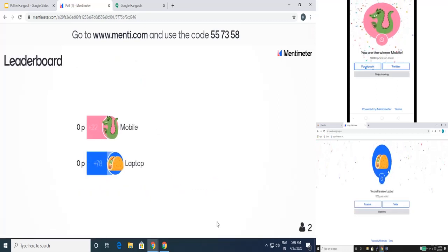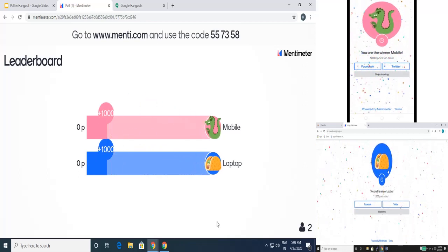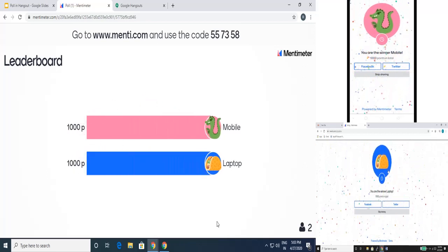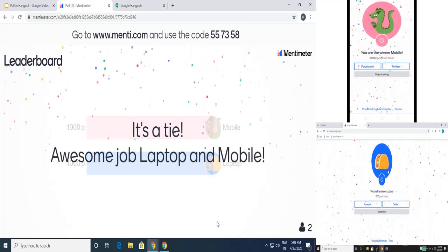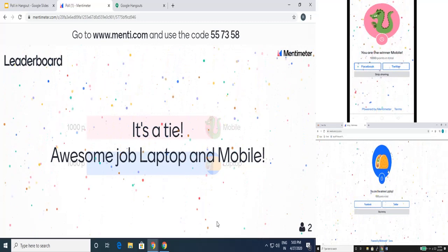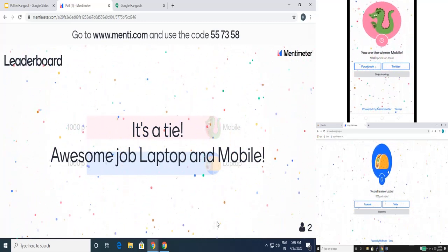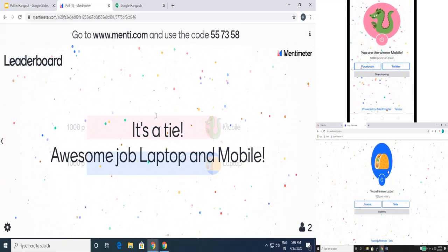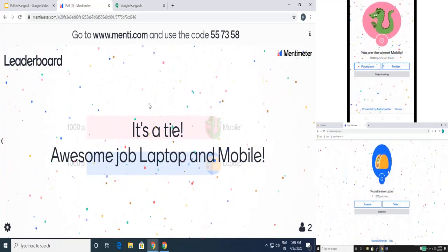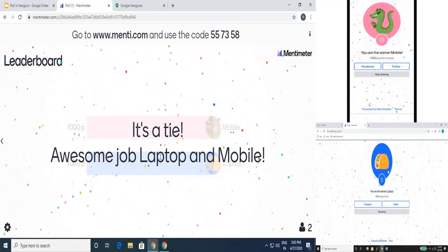So now the leaderboard will come here, and the leaderboard will display who have given the right answers, plus it will show a tie, or it means it is tie and 2 people have got the right answer, right? If you have more number of people, everybody's name will be displayed here. So this is how we integrate Mentimeter into Google Hangout.